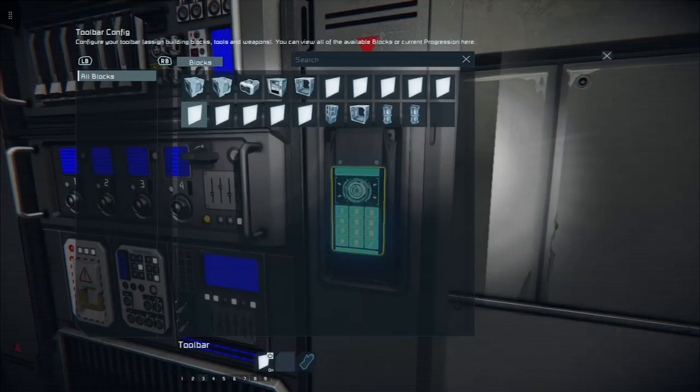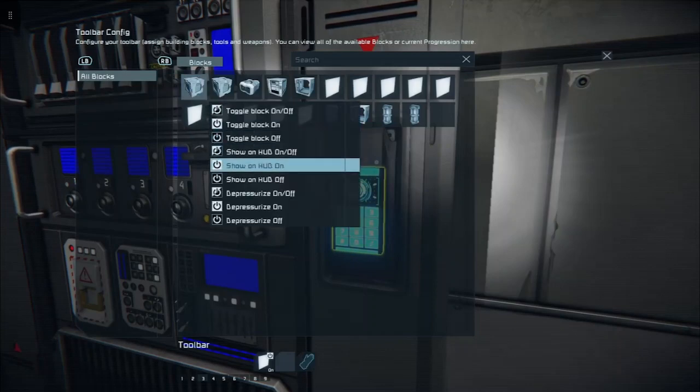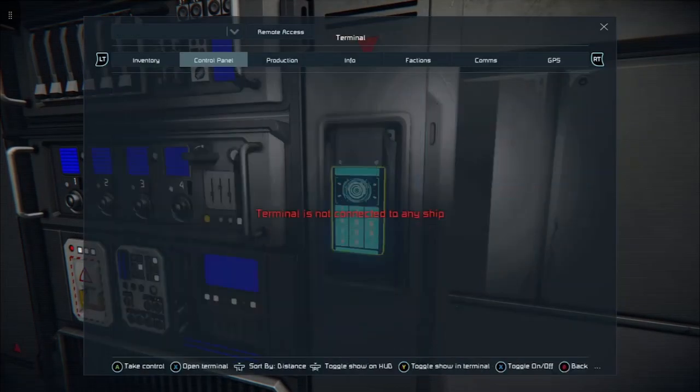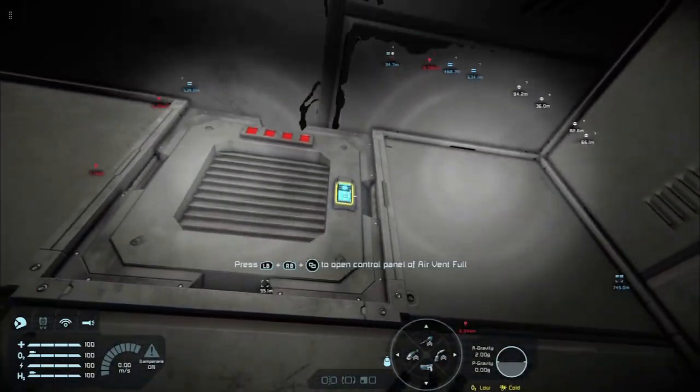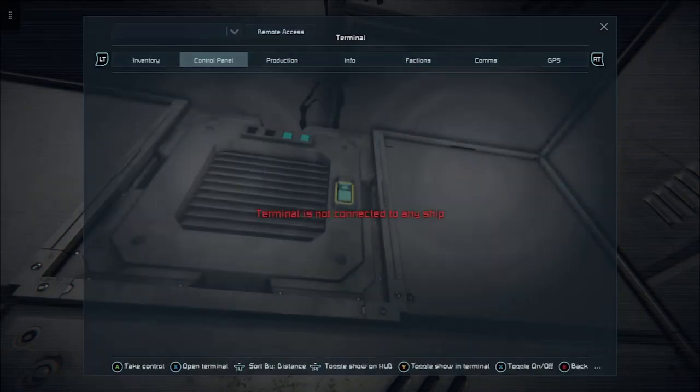Let's have a look. I think we turn the air vent full, get rid of it, go to air vent full again, and then go depressurize on off, and that should fix the issue. Turn your vent back on.